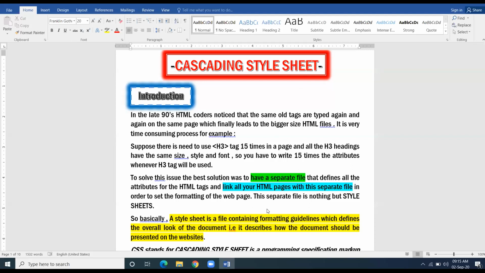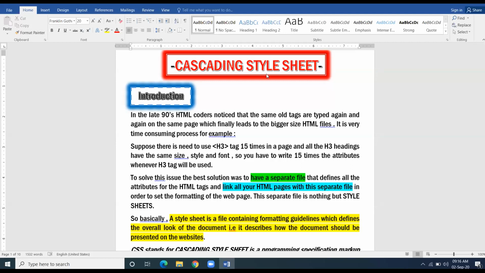All right. Now, how do we set the formatting in CSS? To set the formatting in CSS, we need a special syntax, a special format. I will tell you what I mean by the word syntax. Beta, you are studying maths. In maths, you have formulas, like (a + b) whole square equals a square plus b square plus 2ab.